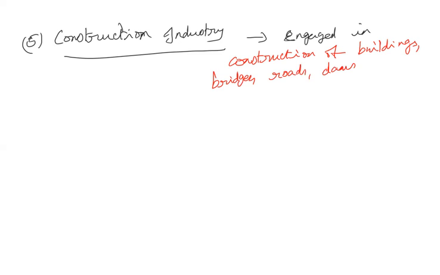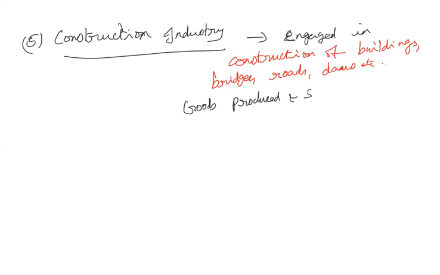One main difference between other industries and the construction industry is that, for example, in the manufacturing industry, it is produced in one place and sold at another place. Whereas in the construction industry, wherever the construction is happening, the same thing is produced and also sold at the same place. That is the difference. Buildings, bridges, roads are the products of the construction industry.